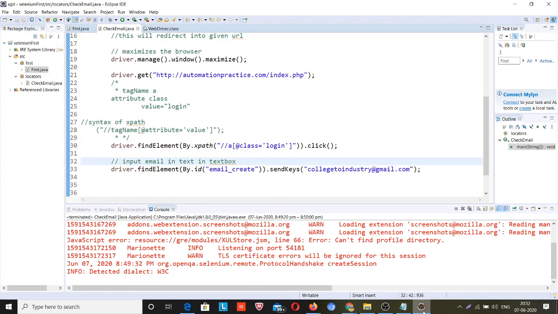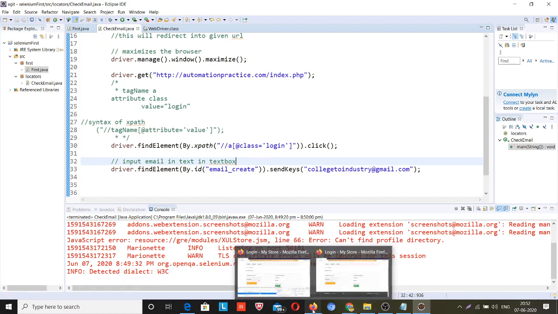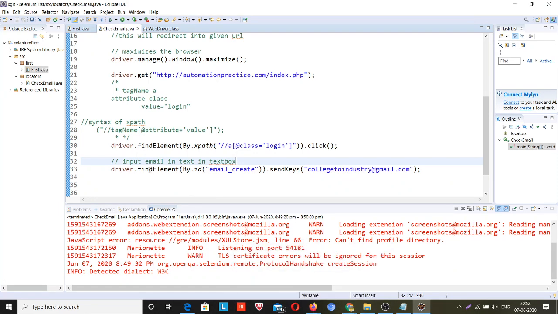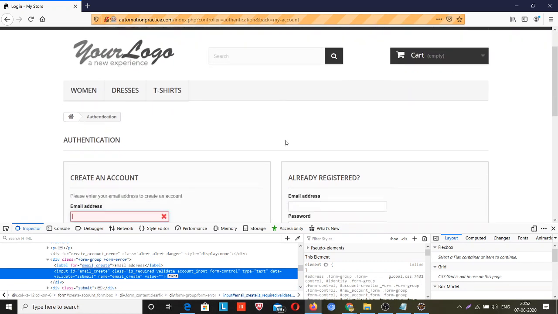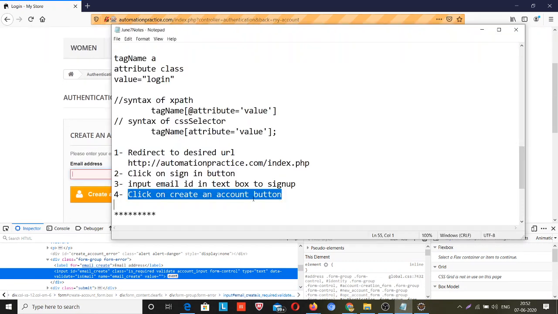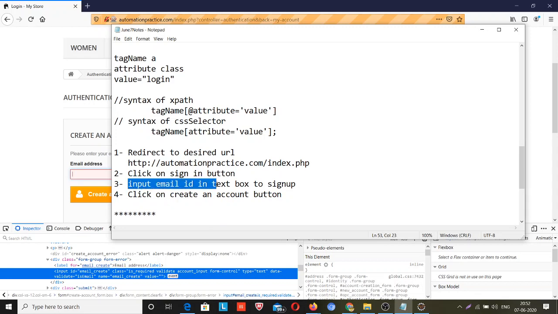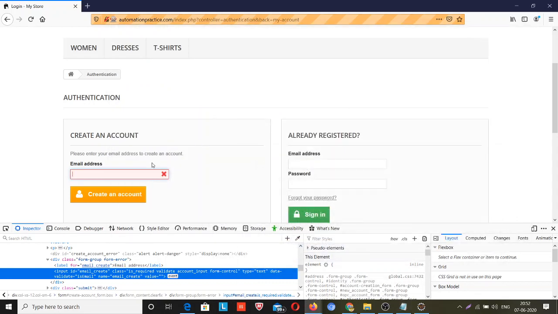Last line. Okay. So what I have done, I have simply driver dot find element by dot id email. What I have done in this page, I have again find this, because my third step was that I need to find this text box and I need to enter email here.